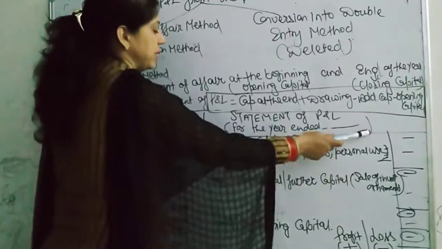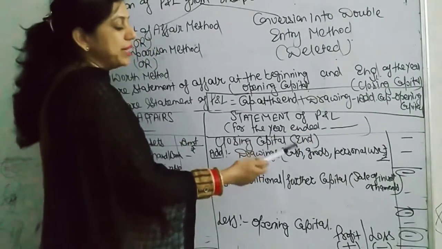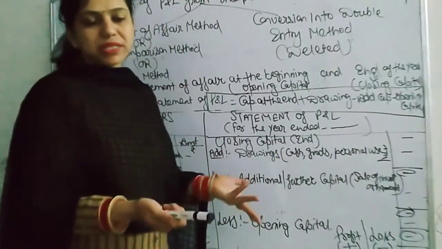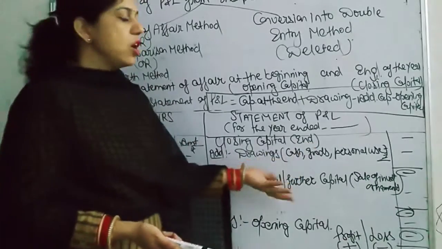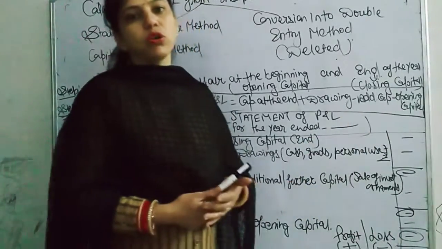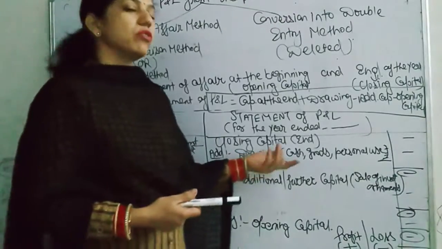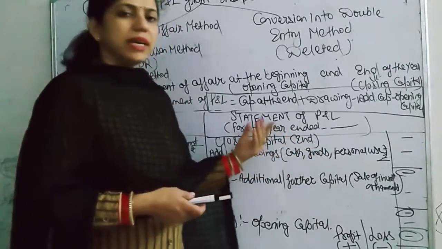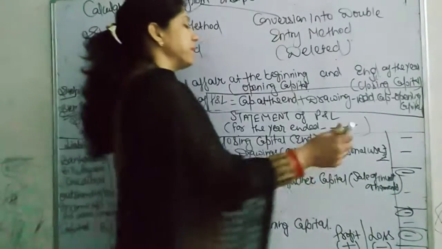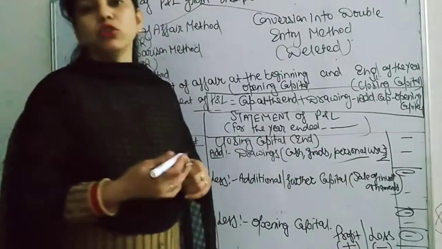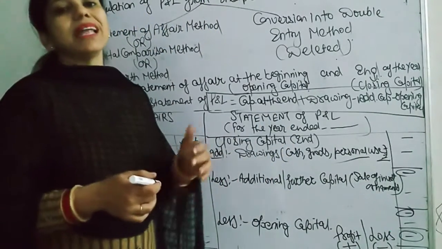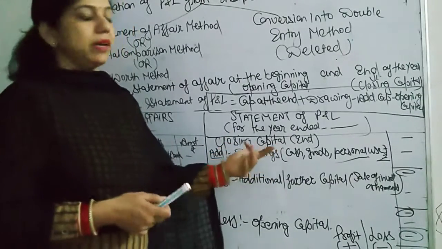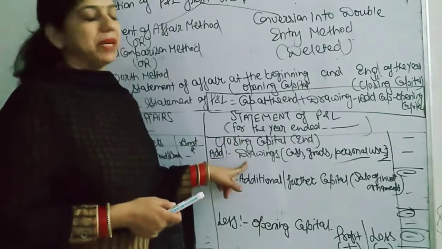That is closing capital plus drawings. Drawings can be in the form of cash. Drawings can be in the form of goods, because some person can take goods for personal purpose or any other personal use, that is also called drawing. For example, cash withdrawn from business for paying fees for his son, for his wife. So they are all drawings, because personal purpose means any relative. If you use money for any of your relatives, like your son, your wife, your daughter, that is called drawing. That should be added to closing capital.